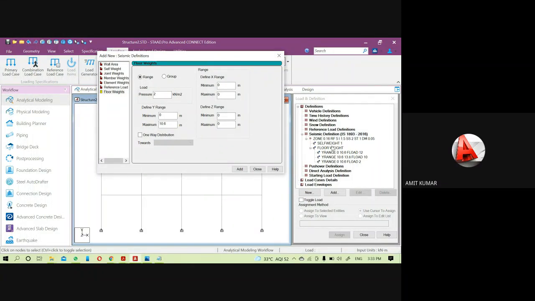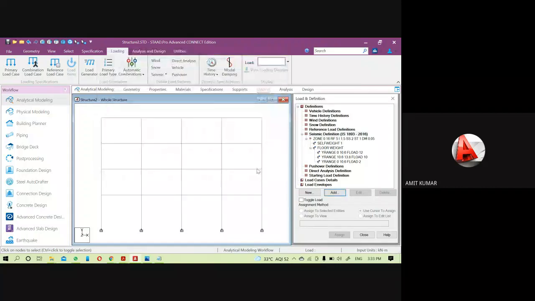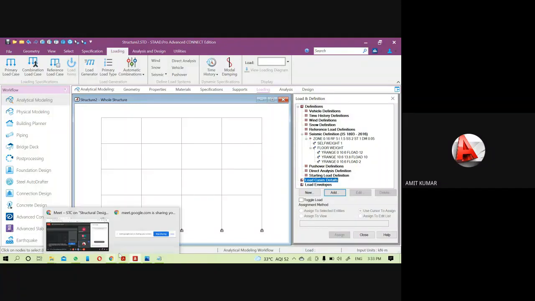Now the floor load has been defined. Now you can close it. When you close it, the definition has been assigned. Now come to the load case details. The seismic definition has been defined. If you have any doubt up to this point, then please ask.